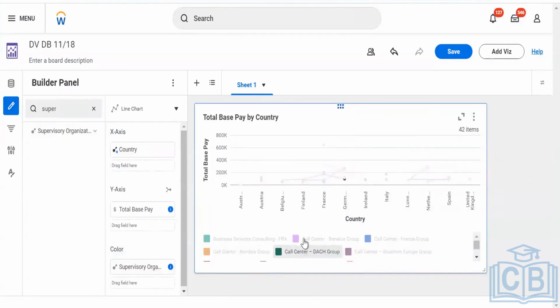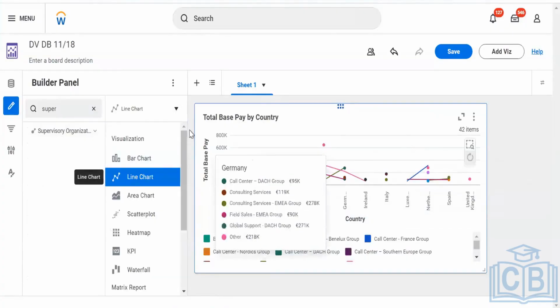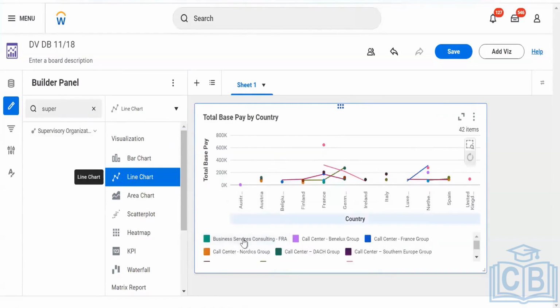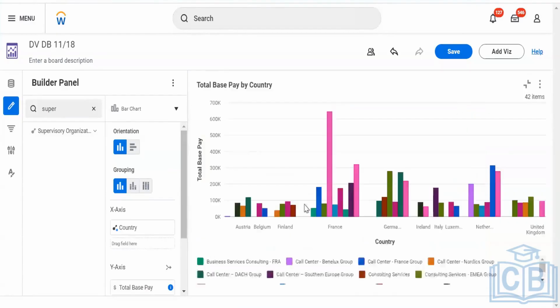Basically, these are the bifurcations. I will be able to understand the one supervisor's one column. Yes, the column is the same, but here we will be able to see this particular supervisor organization. Let me put it in this way. Yes, the grouping